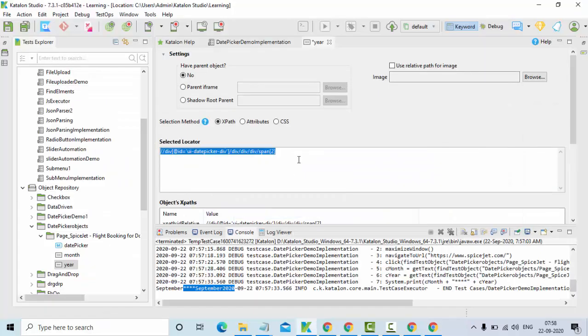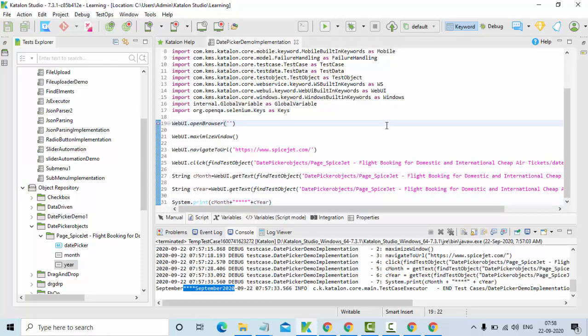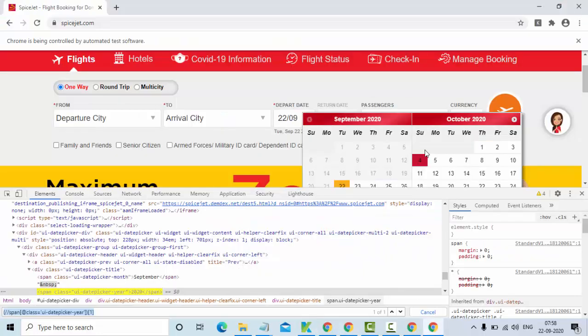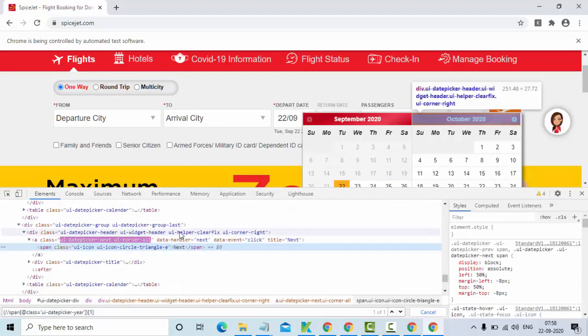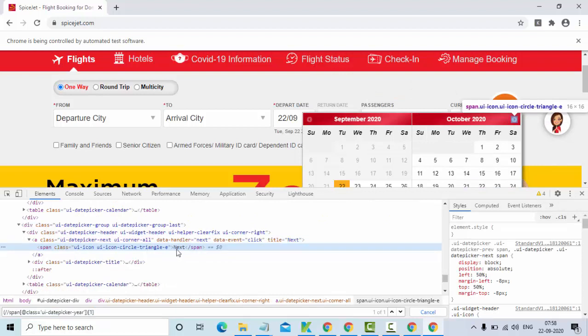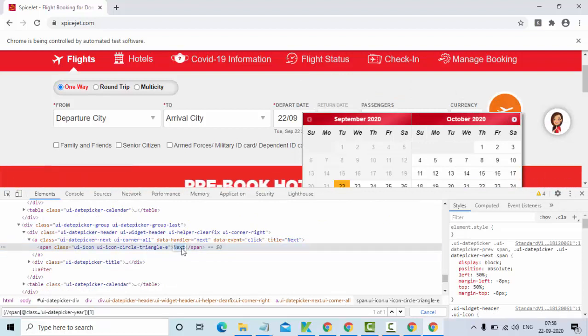Now simply select this, save it, cool. In a similar way I need another object, that is this one, the next button. So yeah, this is my button.